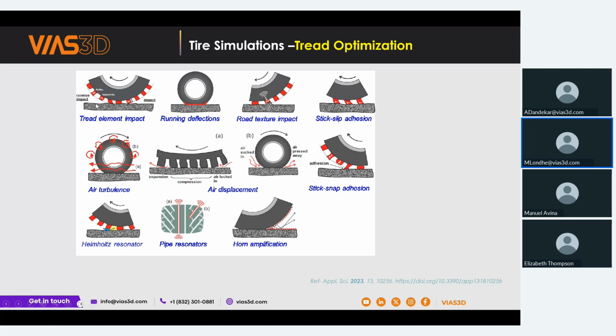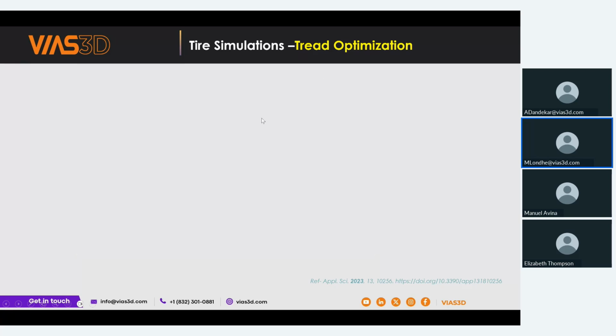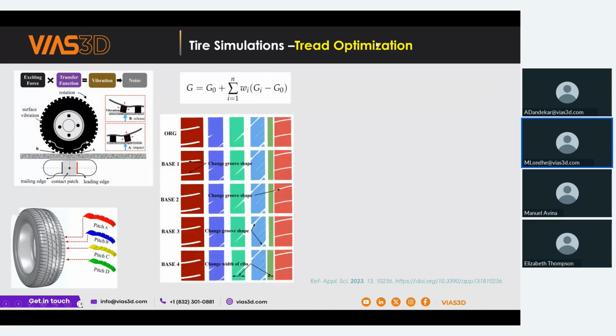So it is important to analyze these, and out of them, the tread impact is one of the primary sources of tire noise, because it is responsible for the tire vibration, and the tire vibration is further responsible for the acoustic or pressure fluctuation, that is the noise. Impact noise is basically caused by the tread patterns. As most of you know, when the tire rolls over the road, the tread blocks repeatedly hit and leave the road surface, generating impact forces. These forces excite local vibrations. That's one of the main reasons we hear tire noise.